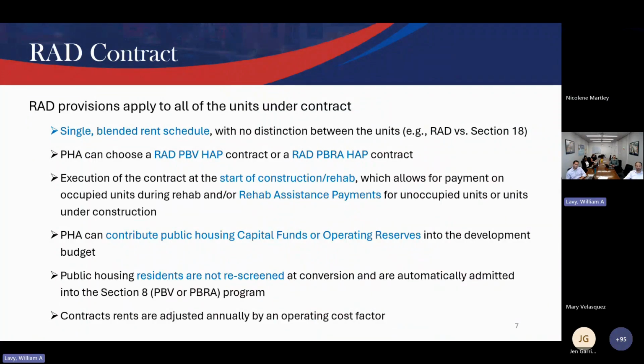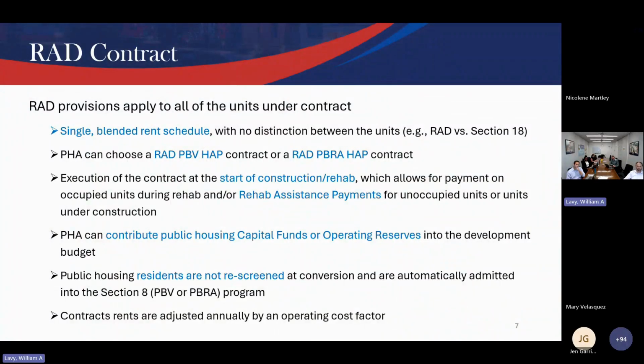As soon as you close on your construction financing and are about to start your construction or rehab, we sign the RAD HAP contract. There's no AHAP or period where there's no eligible payments made, because we also allow for rehab assistance payments, which is payments for unoccupied units or the units under construction. So if a property is being demolished and rebuilt, and that's a 2.5-year timeline for construction, there's actually cash flow coming into the property that the PHA can use to